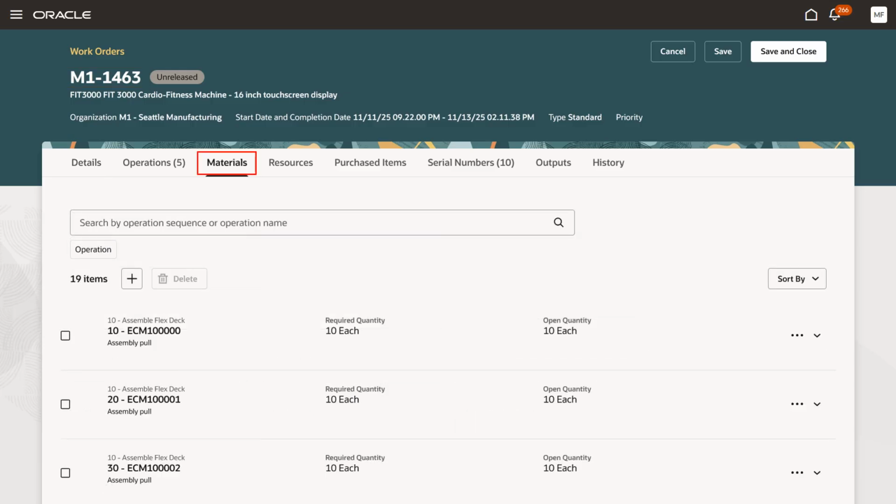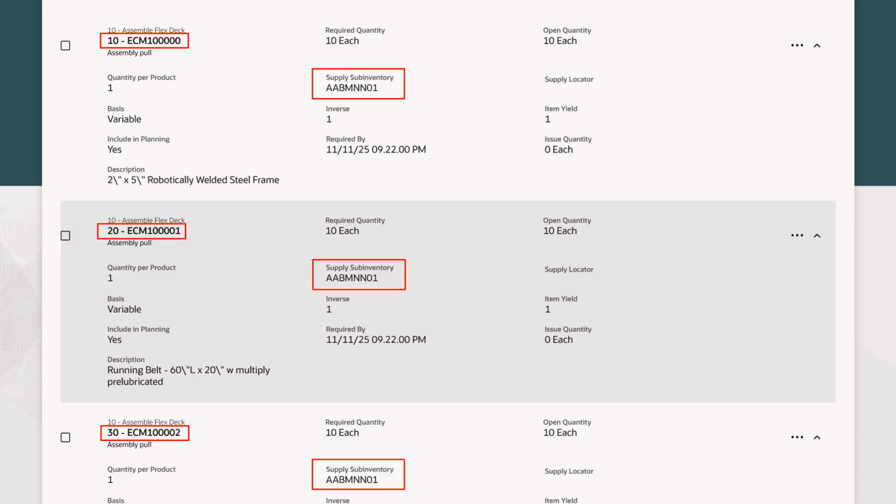Click Materials tab. Let's review the work order operation items, specifically those components that have been exploded, from Phantoms EPX100000 and EPX100001. ECM100000, ECM100001, ECM100002 are components that come from Phantom item EPX